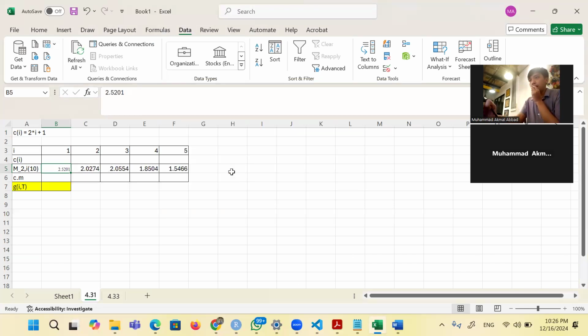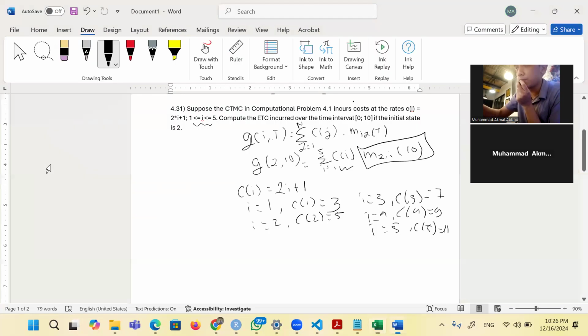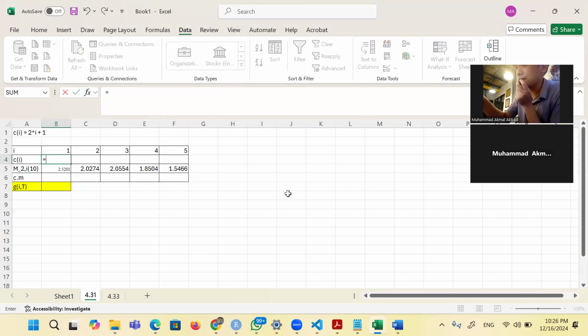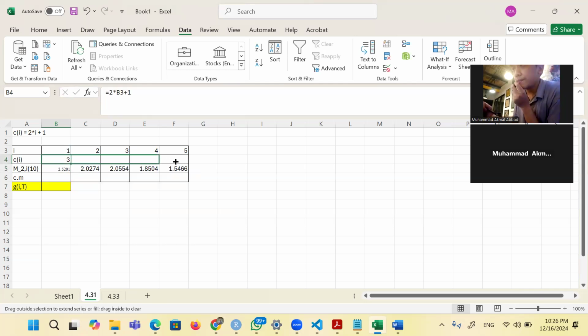So we get the data here for M(2,j)(10), and then we will substitute C_i here with what we calculated before, which is 2 times i plus 1. In Excel we can easily do this: 2 times i plus 1. And then we just drag it to the right.